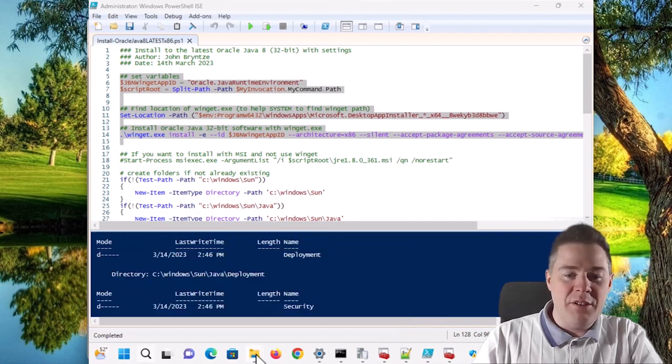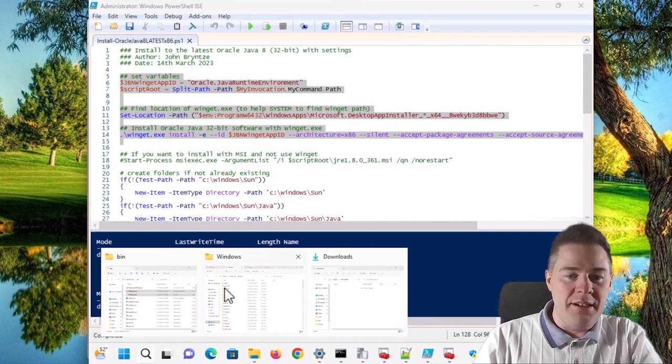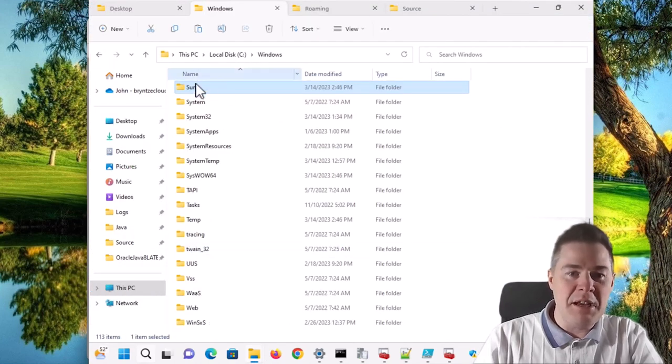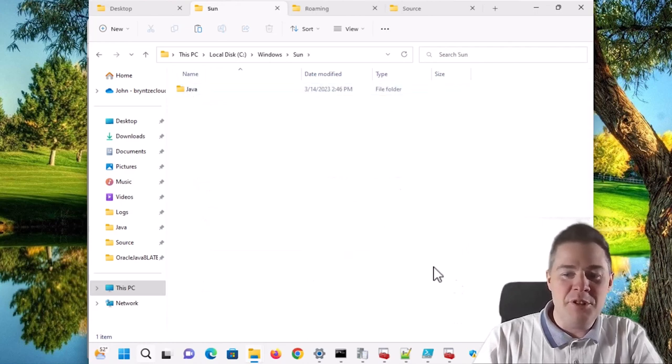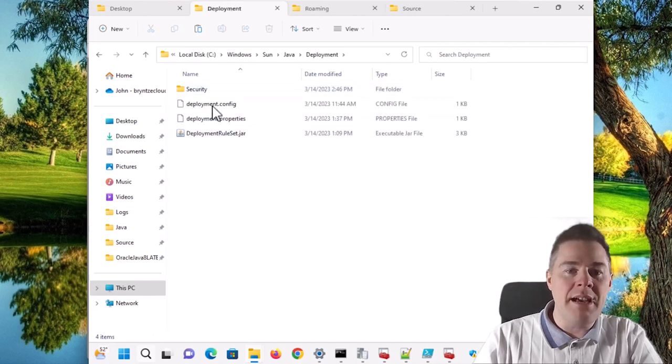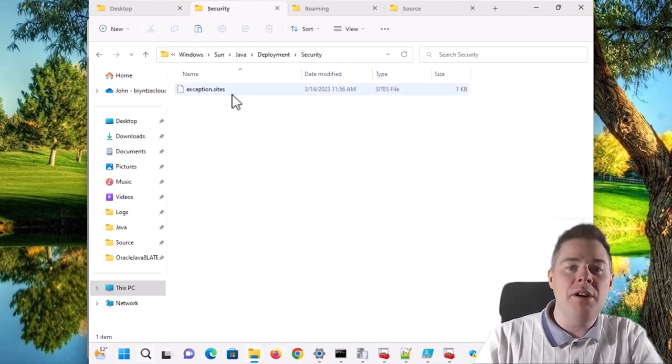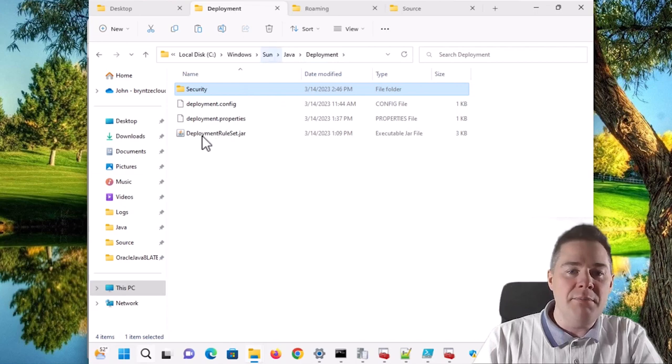So if we go back here now and look under Windows, our friend the sun is up again. Of course, we close the cloud. Java deployment, we have our 3 files. We have, you remember, our config files is pointing to the property. The property is pointing to the security file. We have the exception site. The deployment rule set jar is the one who